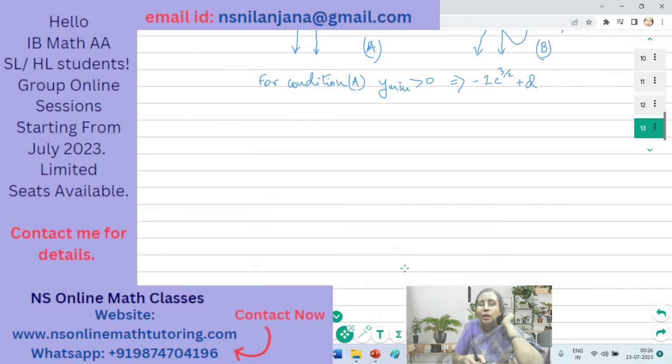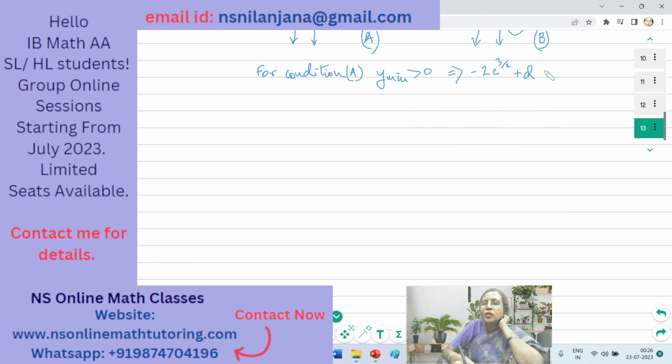Now, let us check for c greater than 0. Do we have any relation between c and d values? So, what will be d? d is greater than 2 times c to the power of 3 over 2. So for condition A, for c greater than 0, d is greater than 2 times c to the power of 3 over 2, or